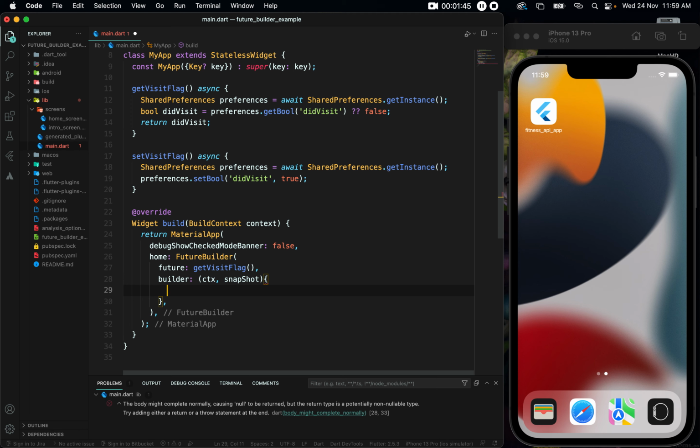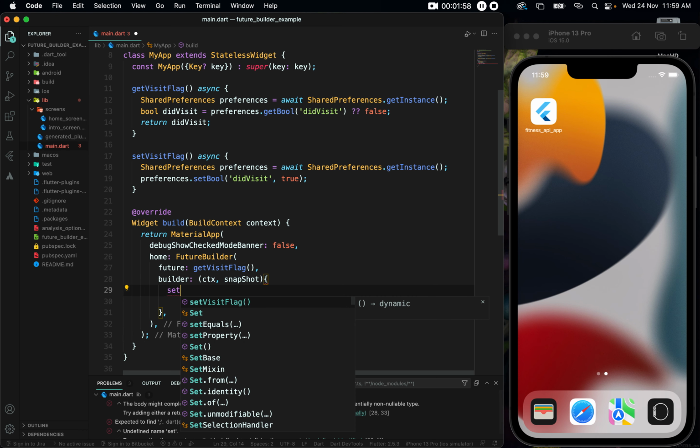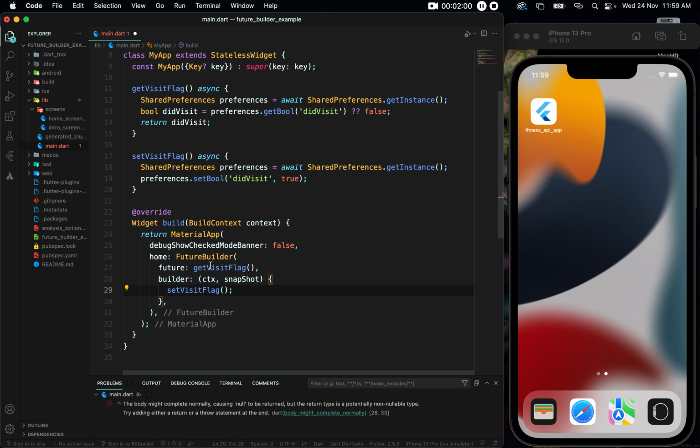Now, what we can do is, if you think about it, if your code is actually running here, it means your app is already running, right? So after you get the bool, you can actually set the bool as well here. So for the first time you open up this app, it only gets the bool and gets false, so it will show you something. But that is also the time when you should set the bool, because it was already the first time, right? So what we can do is we can write here if snapshot